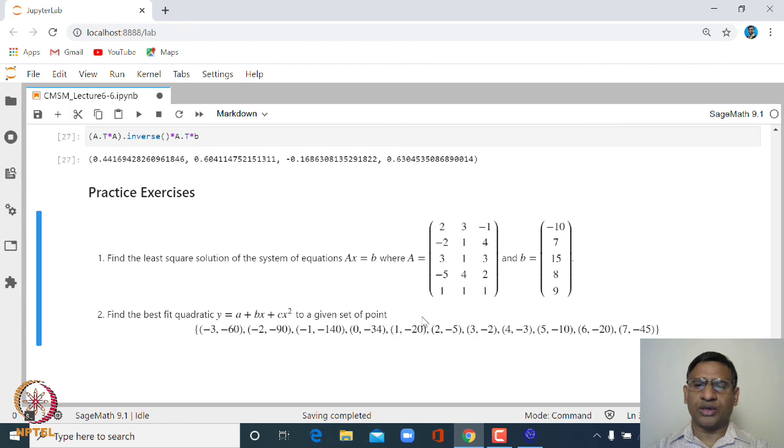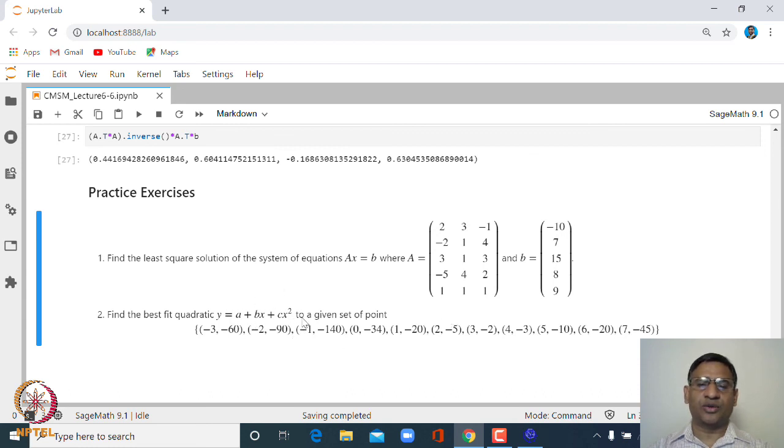You can also, instead of quadratic, try to fit a cubic, or an nth degree polynomial. If you want to fit an nth degree polynomial, the matrix A will have the first column as all 1s, the second column will be x1, x2, up to xn, the third column will be x1 square, x2 square, x3 square and so on, and the last column will be x1 to the power n, x2 to the power n, up to xn to the power n. So, fitting an nth degree polynomial to a given set of points is quite easy.